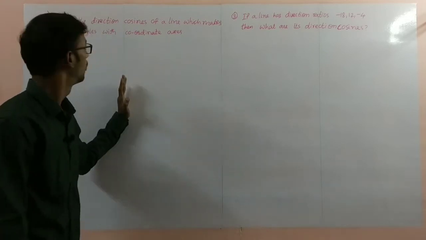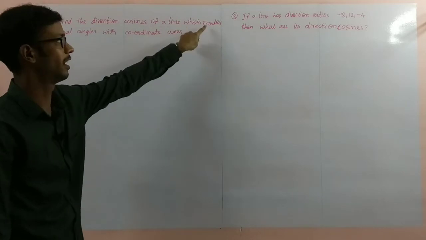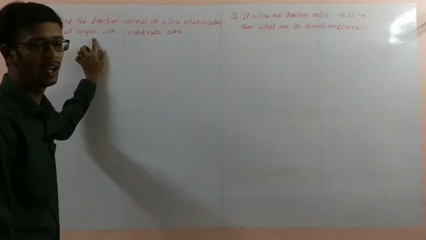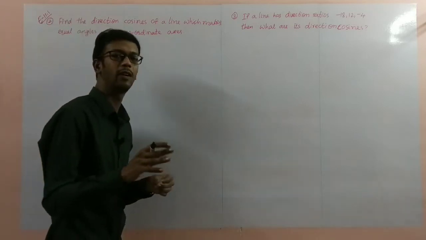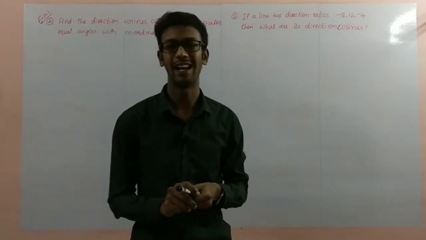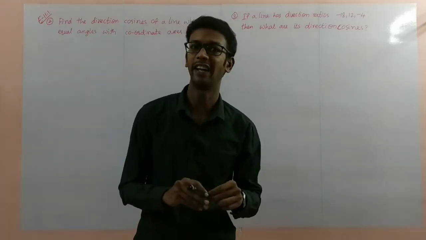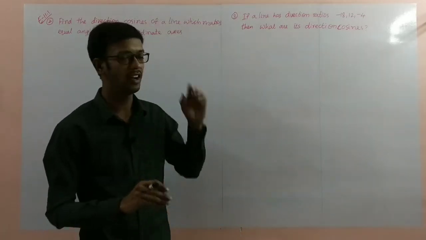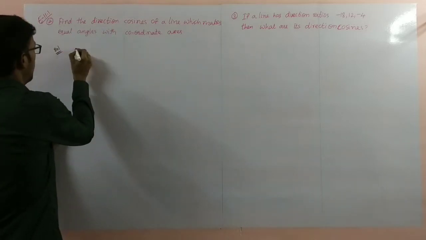Problem number 2. Find the direction cosines of a line which makes equal angles with the coordinate axes. Here they didn't mention the angles. Directly they are giving that the angles should be equal. Find the direction cosines is what is asked. So for that purpose, solution, let